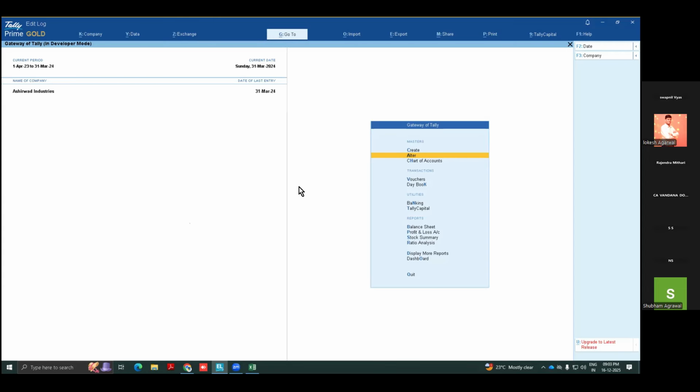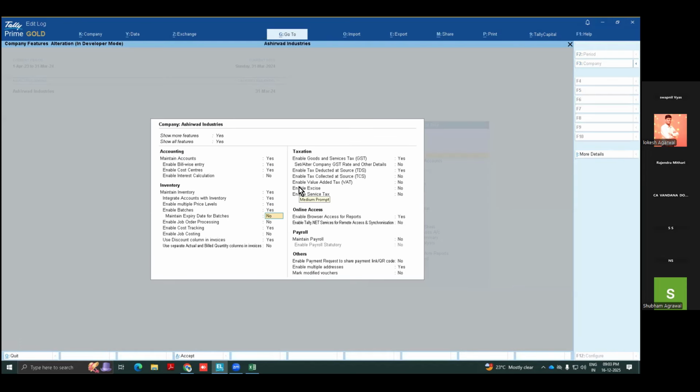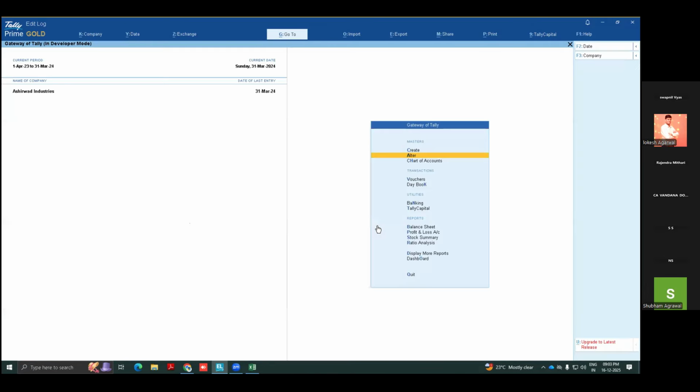The concept I am just showing you. First, you have to enable job costing. When you are enabling this, see on the screen, cost center is part of accounting masters and accounting vouchers, and godown is part of inventory masters and inventory vouchers.